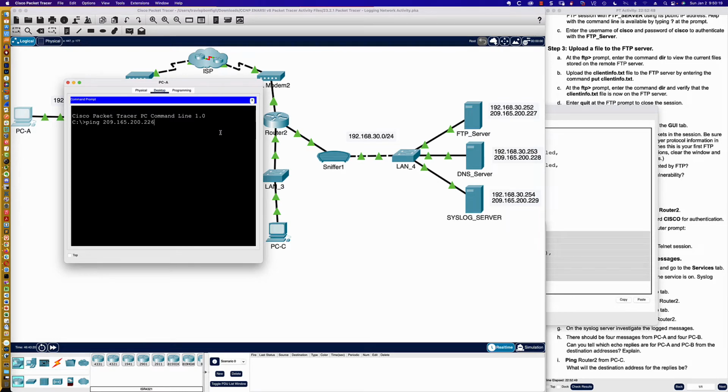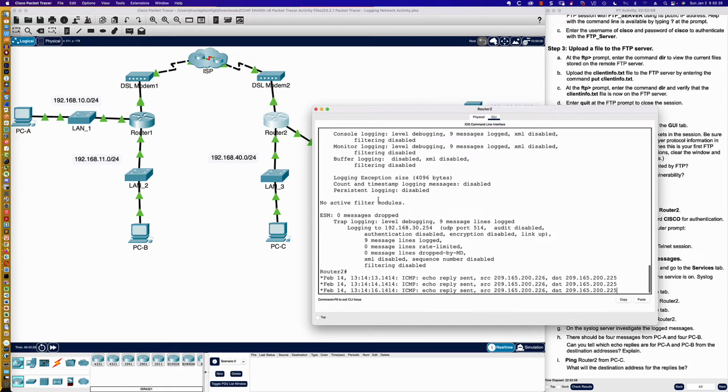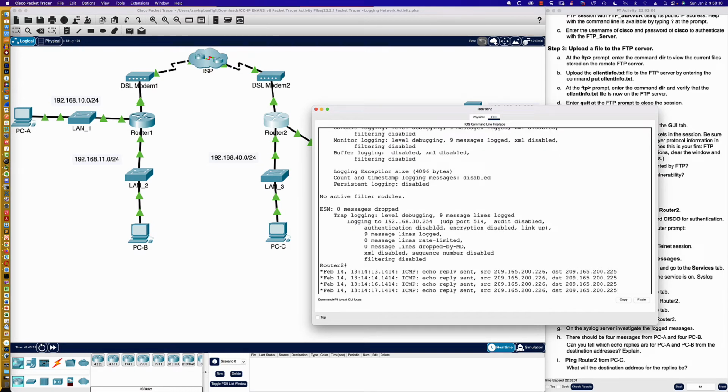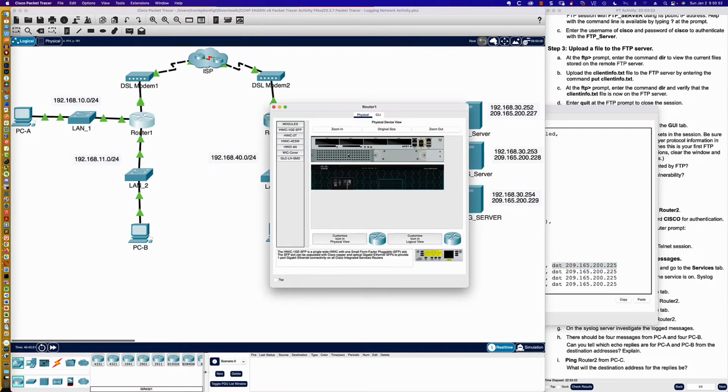209.165.200.220. I'm sorry, they want us to ping the syslog server or router 2, and ping router 2. So I would think that if they wanted us to see that live, and this is what I thought they wanted us to do here, we could see, hey, take a look, we're getting these ICMP packets. They're coming from, I'm sorry, the ICMP echo replies, and the reply is being sourced from router 2. The destination is being sent back to what I would suspect is going to be router 1 here,